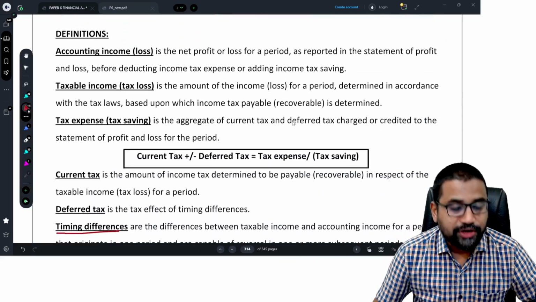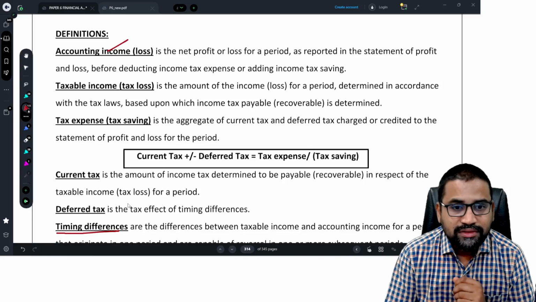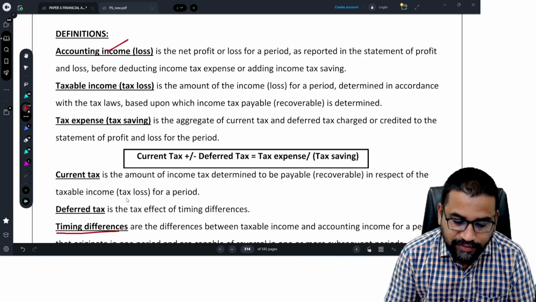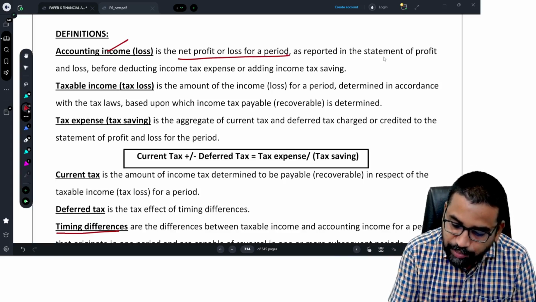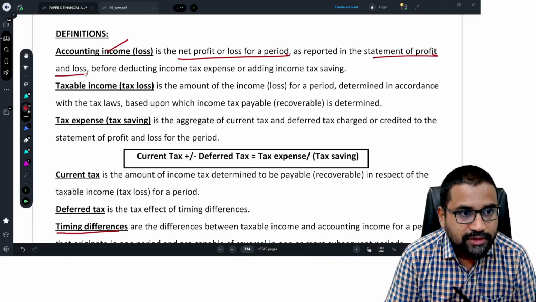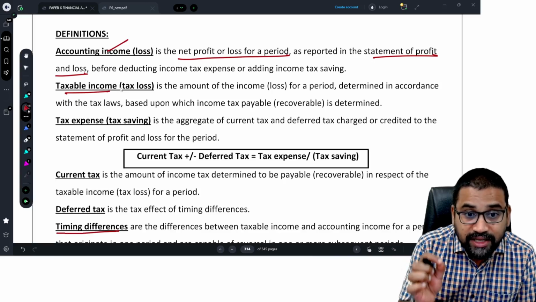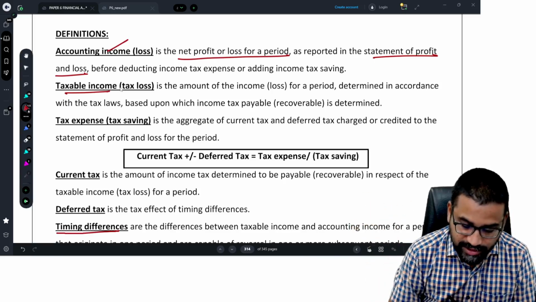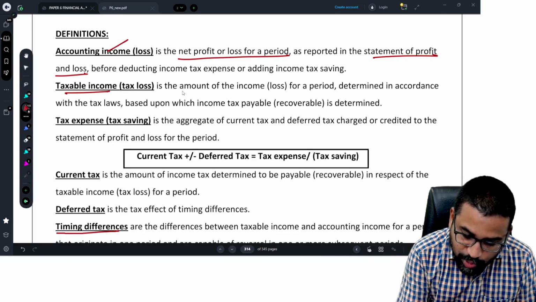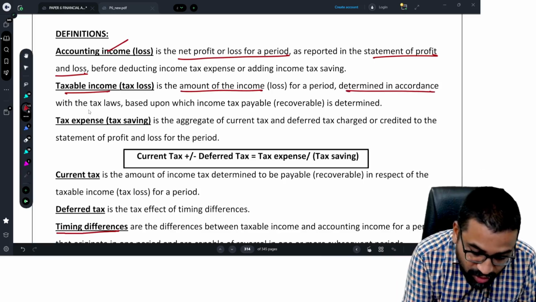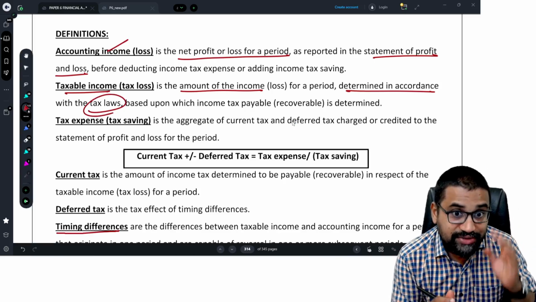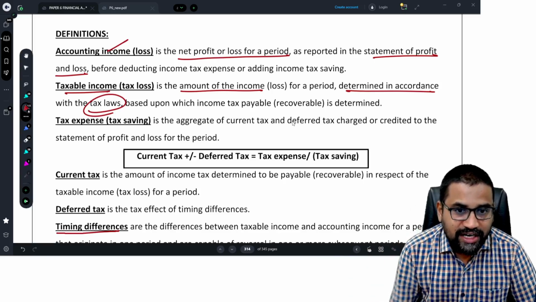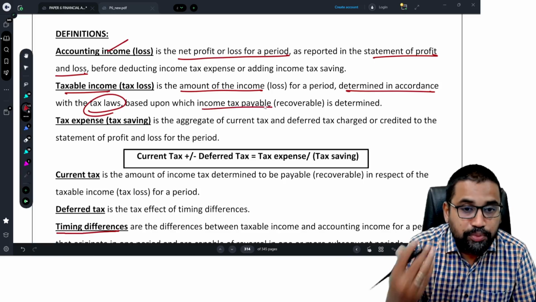Now some definitions, important definitions I told you. Accounting income means what? Accounting income means net profit as per the P&L account. See, net profit or loss for the period reported in the statement of P&L. What is taxable income? Taxable income means the income which is arrived at by following the provisions of the Income Tax Act, and based on that you pay the tax of the current year, right? So taxable income is the amount of income determined in accordance with tax laws. So understand, that's why in the beginning itself I started with accounting income, taxable income. Taxable income is calculated as per tax laws and on it you compute the tax liability of the